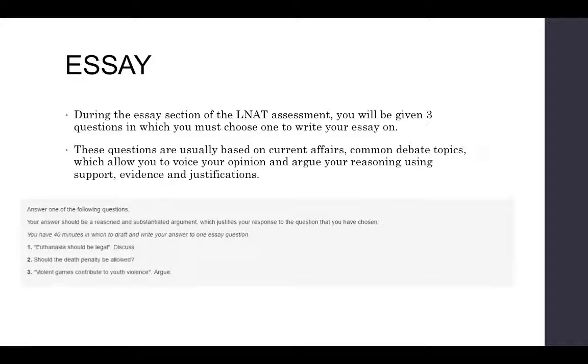So you would need to choose one of these and then plan your answer and then write out an essay. Okay, so remember, all essays will need an introduction, the main body, and a detailed conclusion voicing your overall interpretation and opinions. Okay, so this is just a breakdown of the first question, which was euthanasia, and we've provided you key areas that you could have included in such an argument.